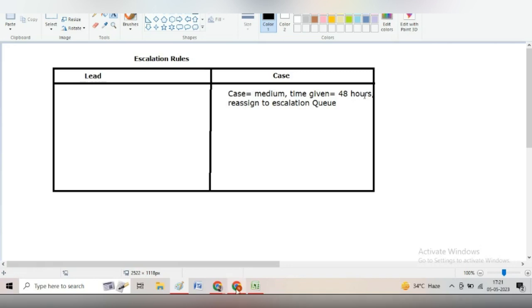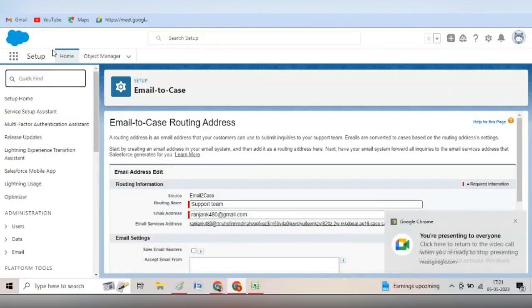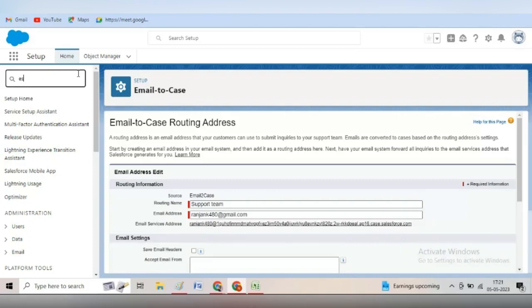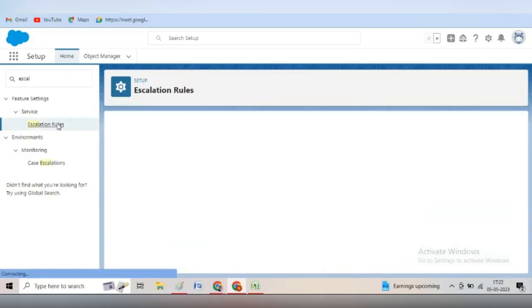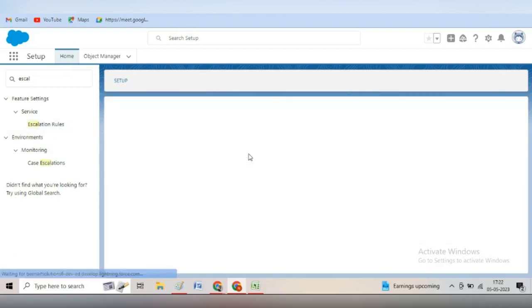So yes, let's go to our org and try to create one escalation. So we'll search for escalation rules. And you can see case escalation rules, right? There are some standard case escalation rules, which is active. Go to new,